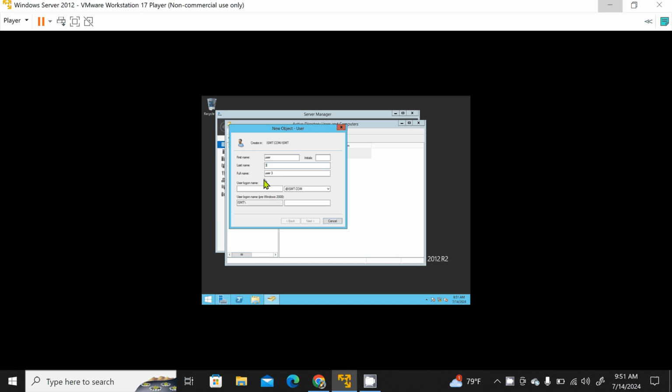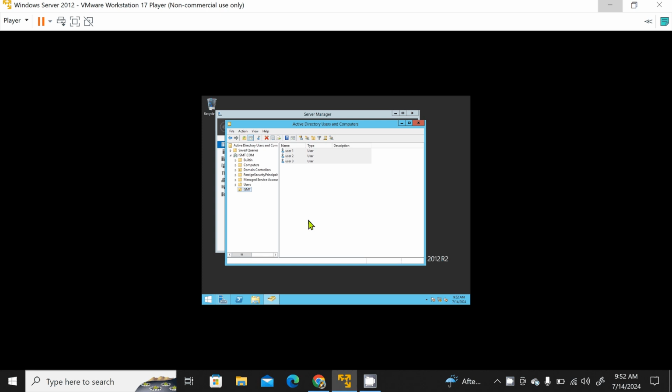Click on the next button. Now set up the password, confirm the password, uncheck the first and check the second and third. Click on the next button. Now finish this. We have 3 users, user 1, 2 and 3, and now we have to divide the users one by one,